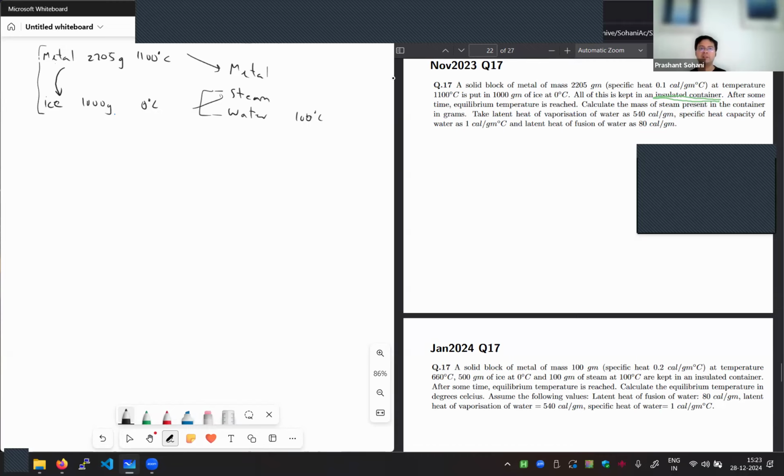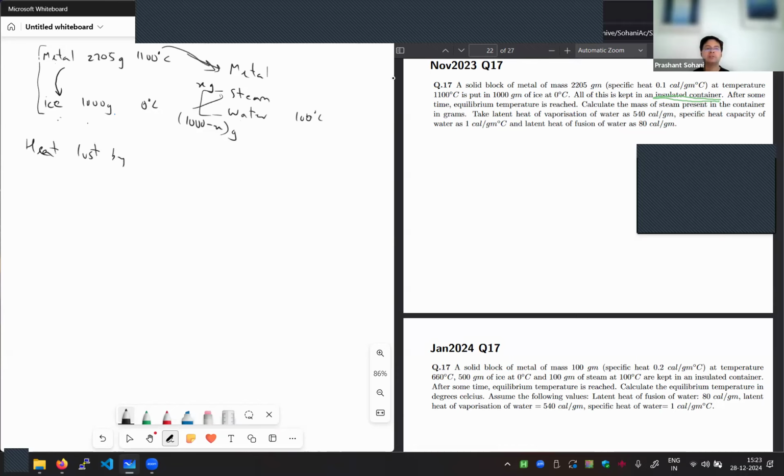Let us say that X grams of steam was produced. Then the remaining 1000 minus X is still water. Initially we have 1000 grams of ice, and finally that ice has converted into some water and some steam. Now we have to calculate in this whole transaction how much energy was lost by the metal, and that will be equal to the energy absorbed by the ice. So let us write that: energy or heat